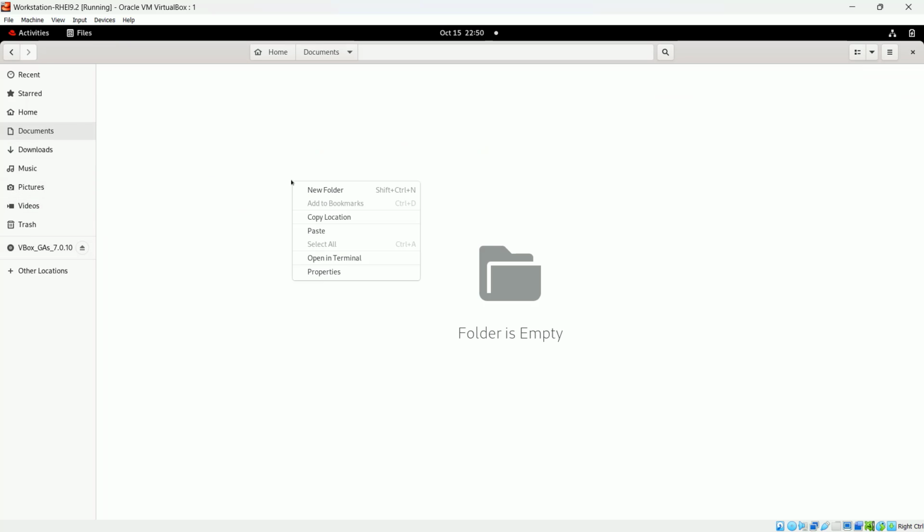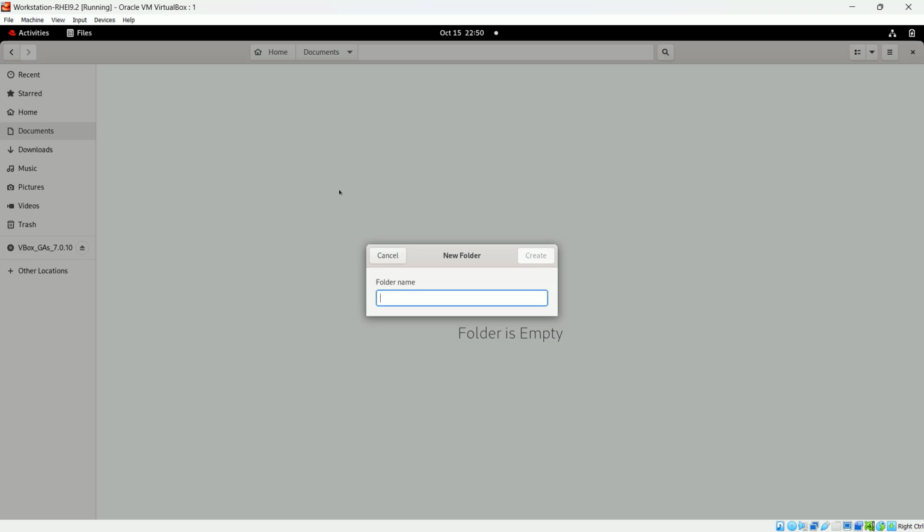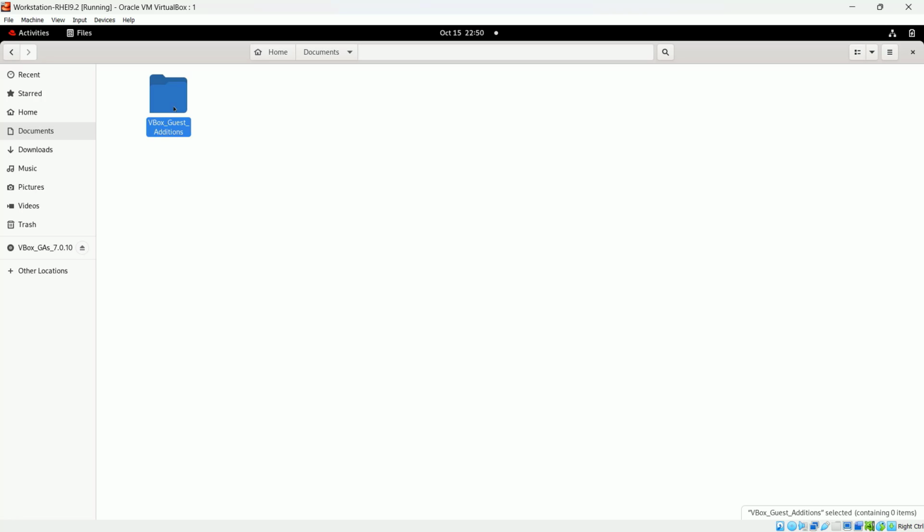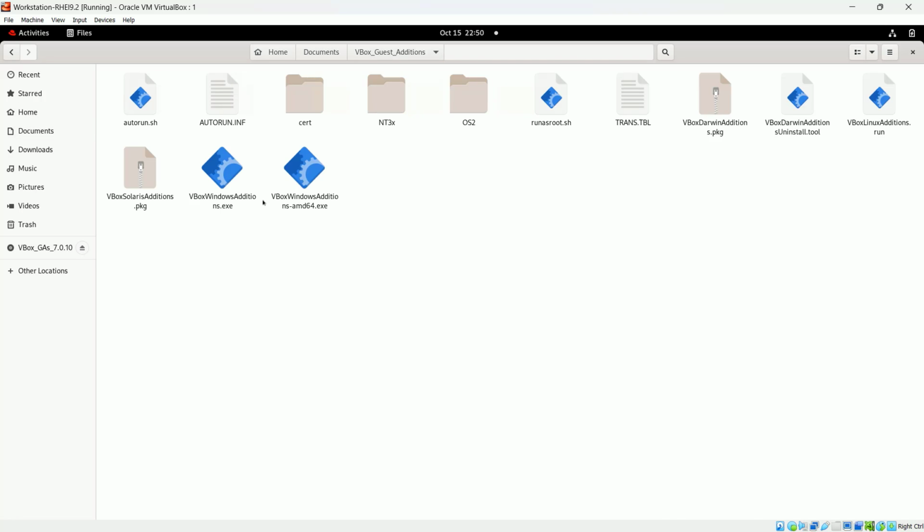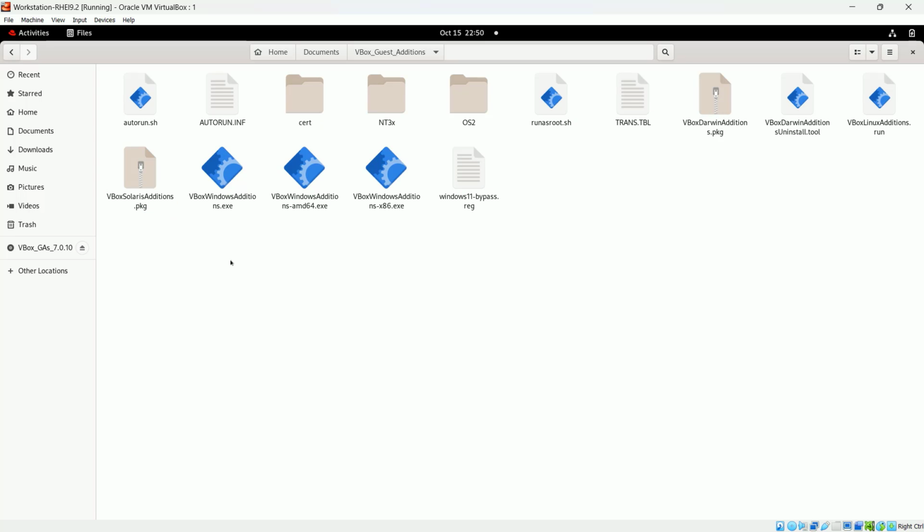Okay, and here let me create a folder, new folder, and I'm just giving VBox guest editions, create, and Control V. Perfect. So I have just copied the content of this VirtualBox guest edition, and I have put it into this location, that is into documents. Now coming back here,